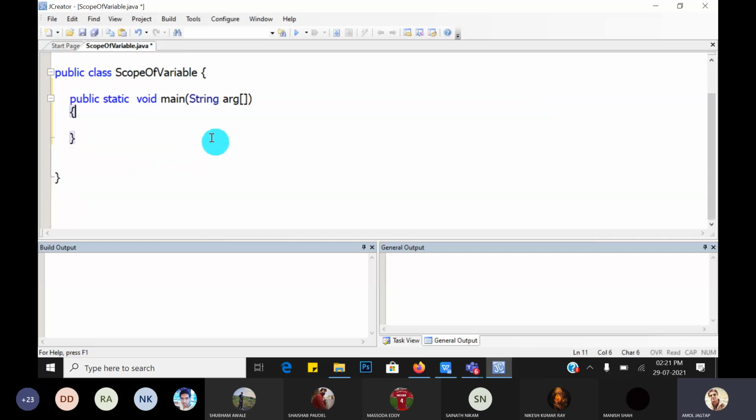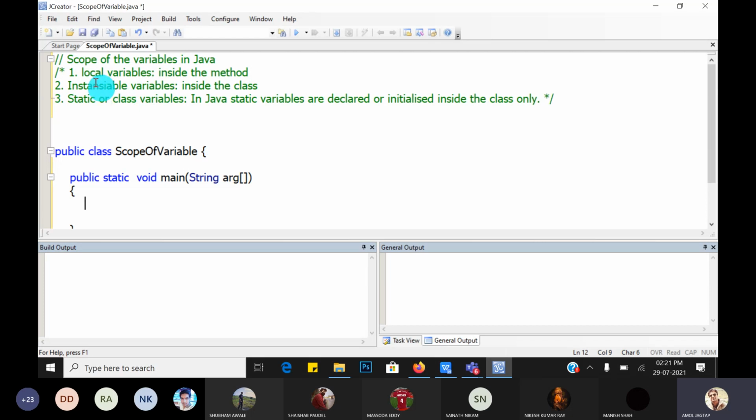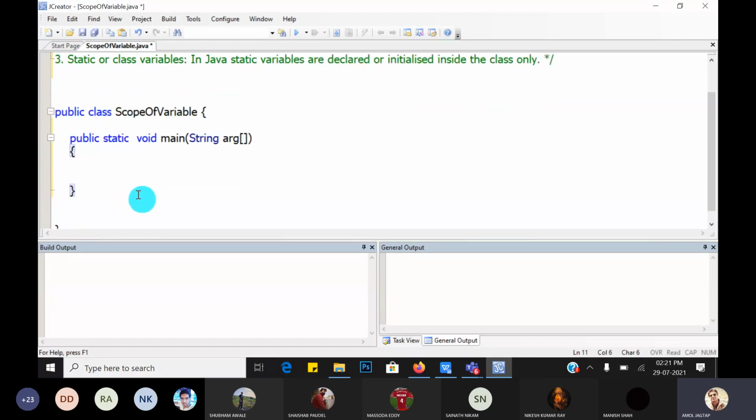Now what we have to do? We declare the local variables first. So how can we declare the local variables? Local variables we have to create, declare or initialize inside the main function. So int a. So this a is called a local variable. Why is it called a local variable?